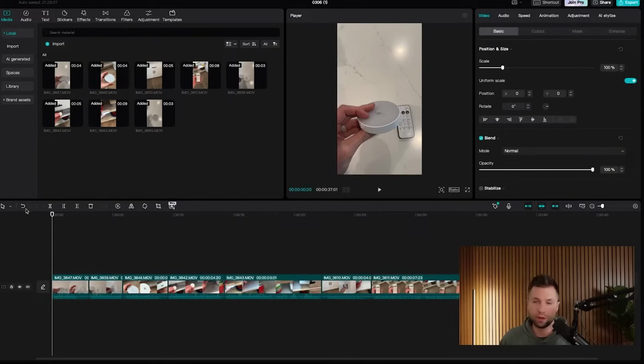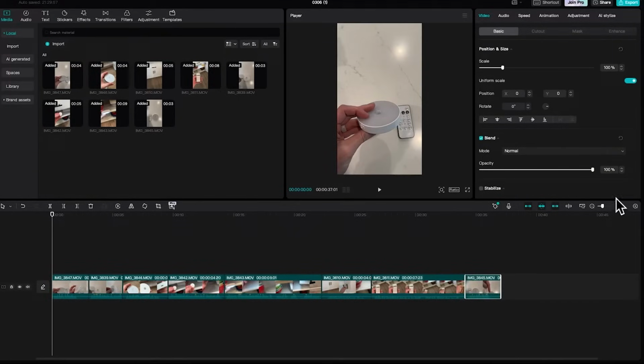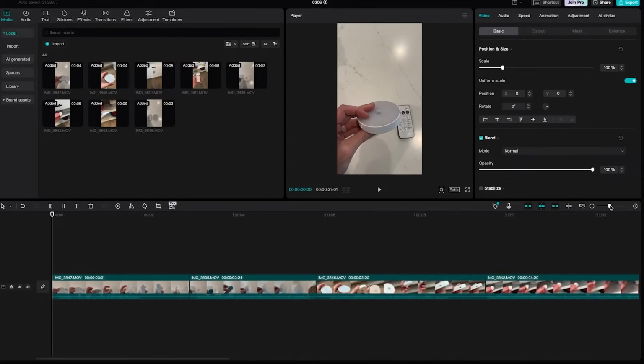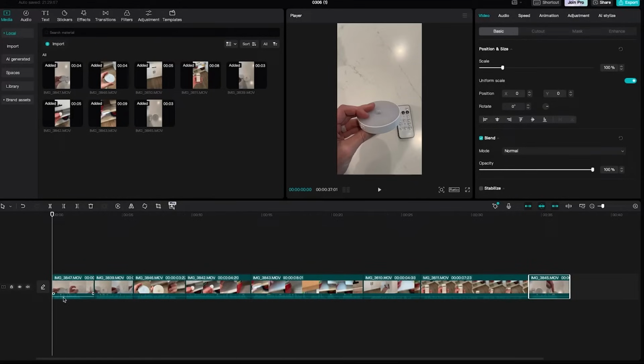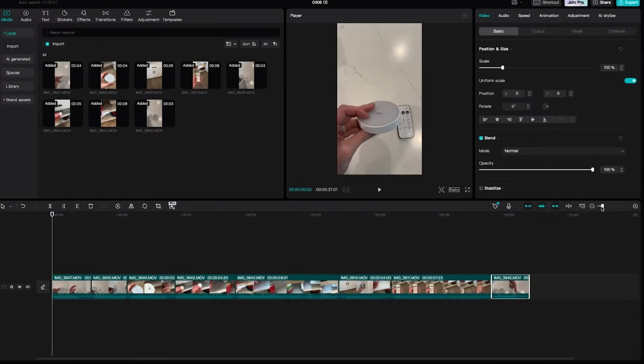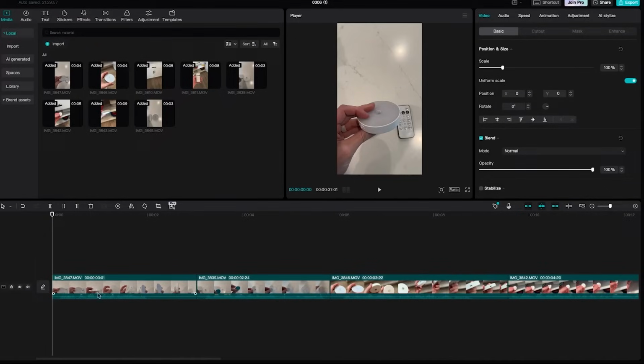Okay, so now we have everything in our timeline here, and I'm actually just going to move myself out of the way. And you can see the first thing is you can zoom in or out of the timeline here. I kind of get a full view of what you're looking at. What I like to do is look at these little sound bars and see where there are pauses. So if we zoom in on this, you can see that right here, there's basically a bunch